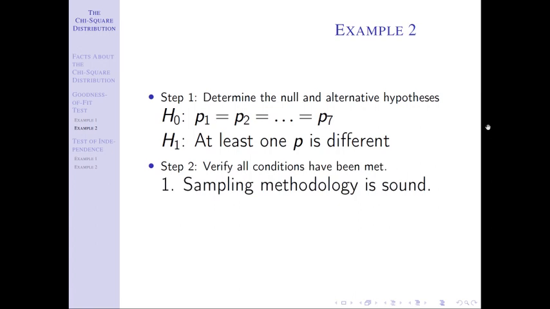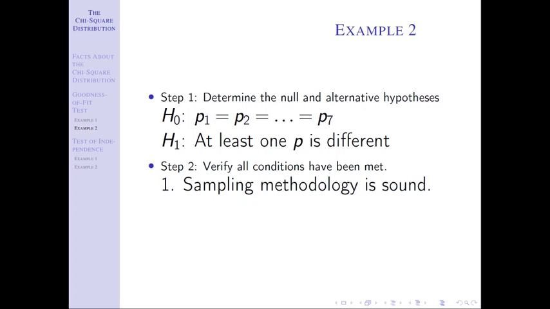Again, our sampling seems fine. Our expected counts, the good news on the equally likely front is that our expected counts are always the same for every group, because again, we always assume the null hypothesis is true in these hypothesis tests. So if the null is true and all of the probabilities are the same, all of the probabilities are 1/7. Make sure you catch that because you're going to have to find the expected counts. Well, how did I get that 1/7?